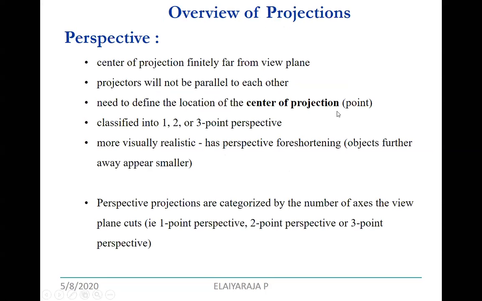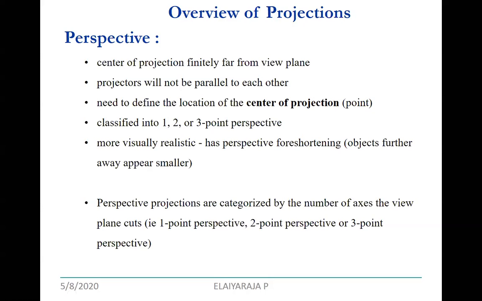In parallel, it is the direction of the projection; in perspective, it is the center of the projection with respect to the point. We have 1 point perspective projection, 2 point perspective projection, and 3 point. 1 point is about parallel, 2 point is about angular, and 3 point is about your view,